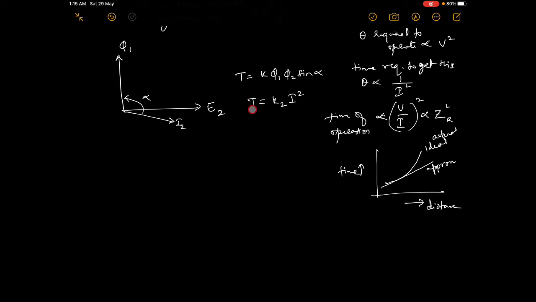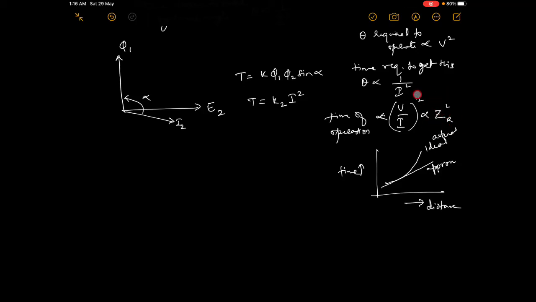So torque was proportional to I square. The spindle of the disc is connected to the armature through a spiral spring, correct? So there are two springs you might have observed. The spindle is connected to one more spring. With that restraining spring, the moving contact was making the contact with the fixed contact. So that's all that I wanted to say.